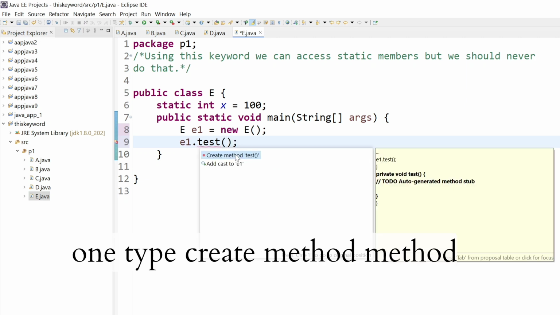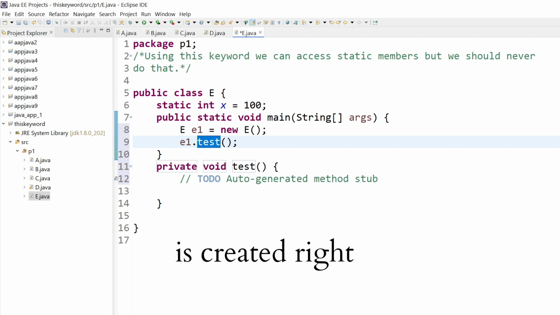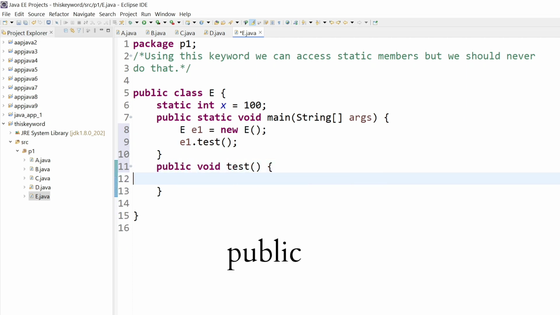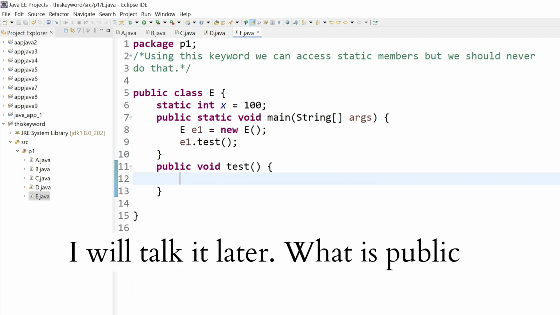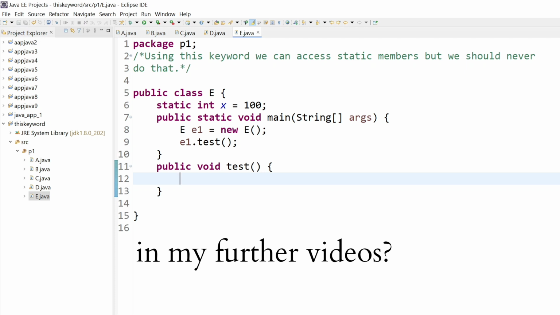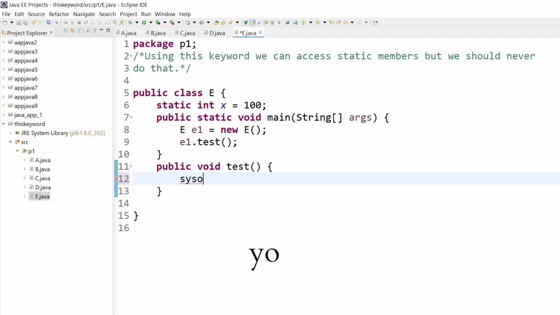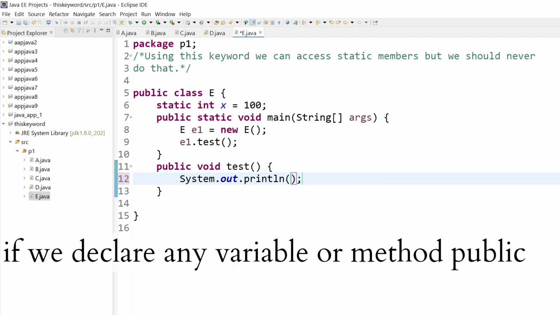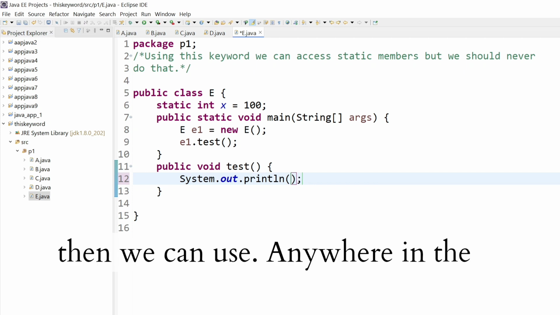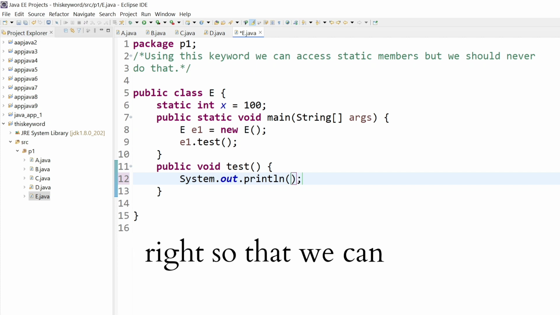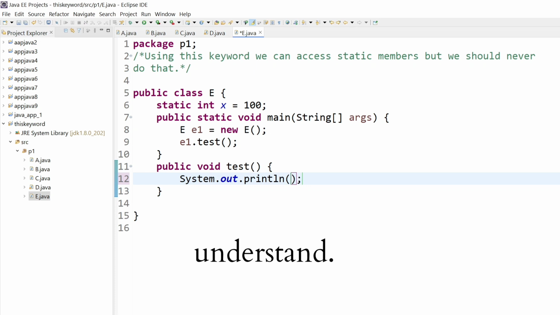Control 1, create method. Method is created, right? So here give method public. I will talk about it later, what is public, private, default, protected, in my further videos. So public is accessible anywhere in the program. If we declare any variable or method public, then we can use it anywhere in the program. So that's why I am declaring public methods, so that we can easily understand this dot